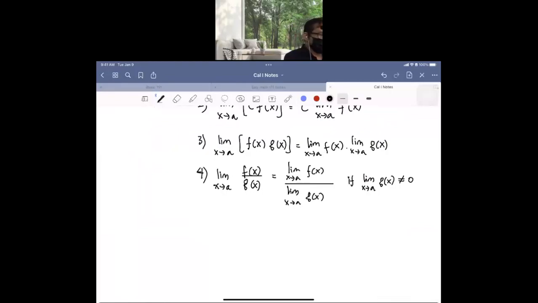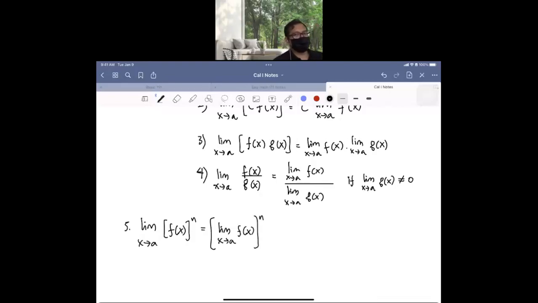So 5 is limit. We can power the whole limit,